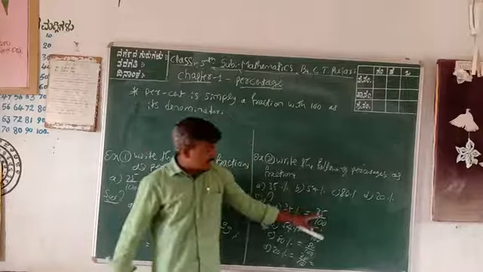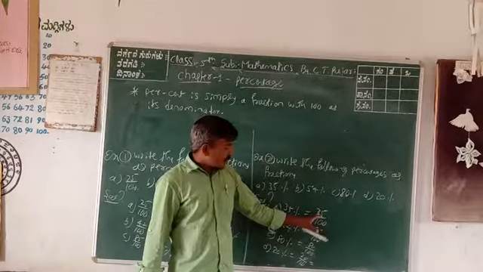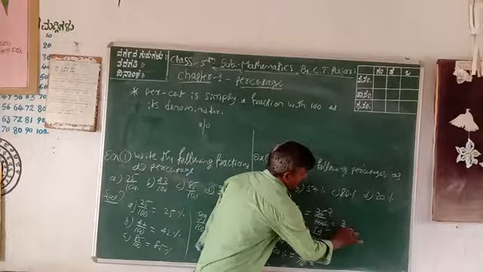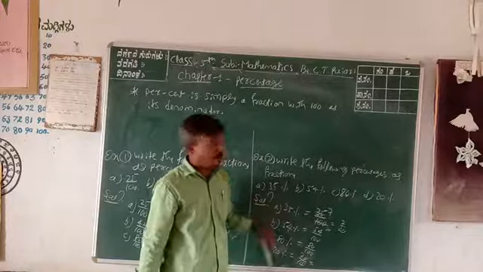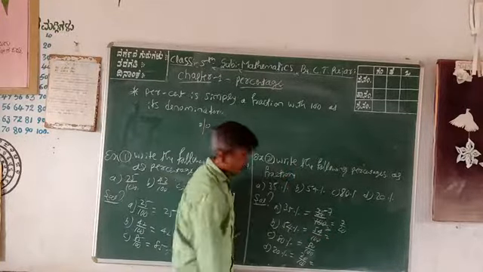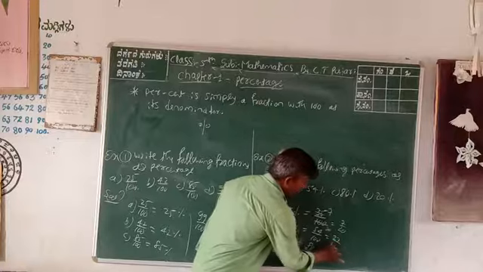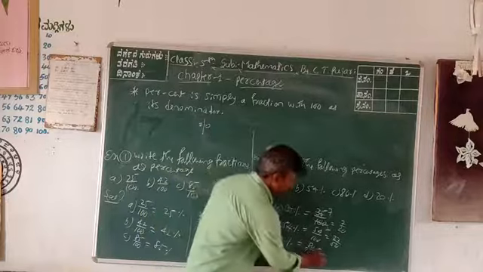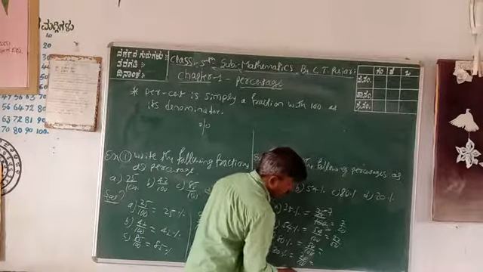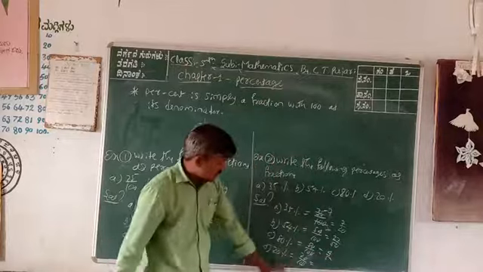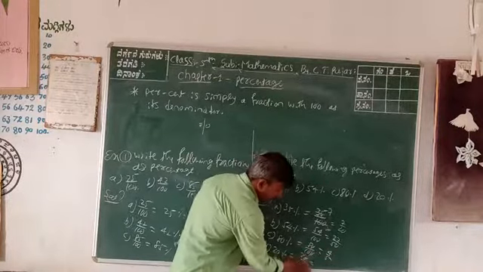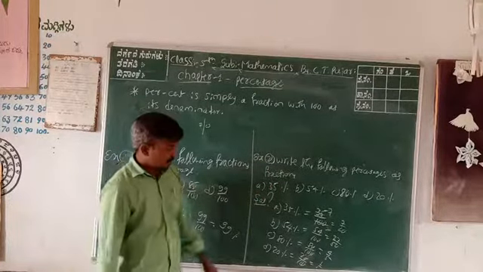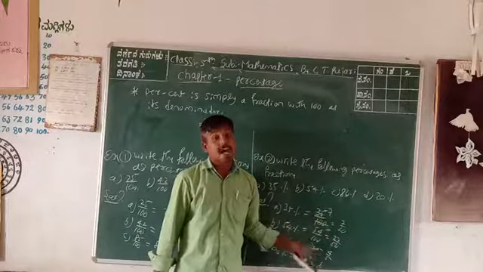Otherwise, you can also simplify the problem. 35 by 100, you can simplify: 5 sevens are 35, 5 twenties are 100, is equal to 7 by 20. This is the simplest form or reducing form. This one also, 54 by 100: 2 twenty-sevens are 54, 2 fifties are 100, 27 by 50. Next, 80 by 100: cancel the zeros, 4 twos are 8, 4 fives are 20. Next, 20 by 100: cancel the zeros, 2 ones are 2, 2 fives are 10, 1 by 5. These are reduced fractions in the simplest or lowest terms.